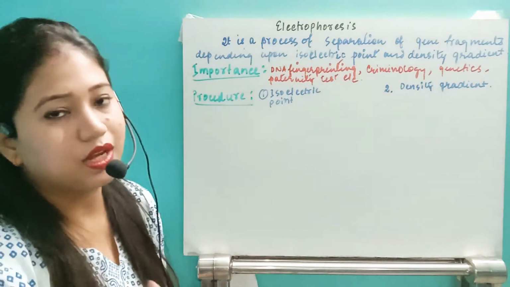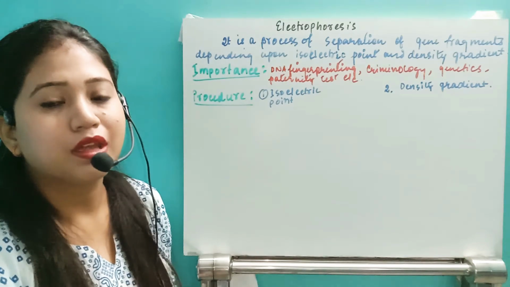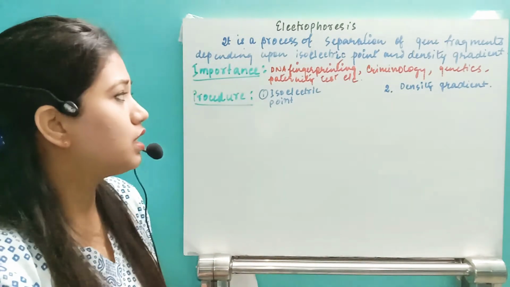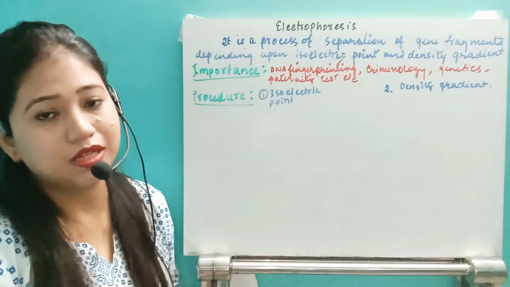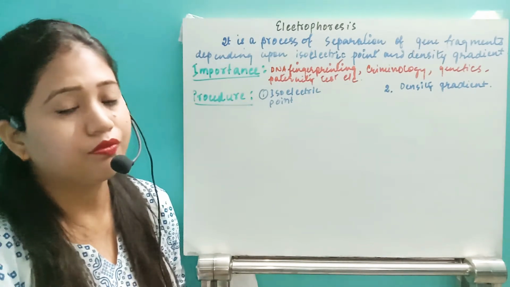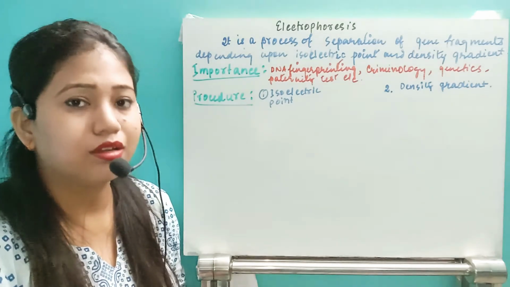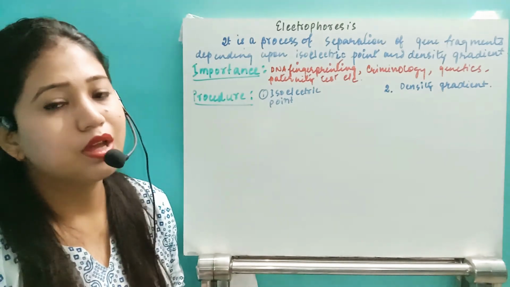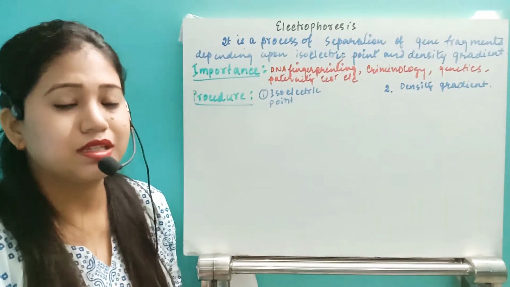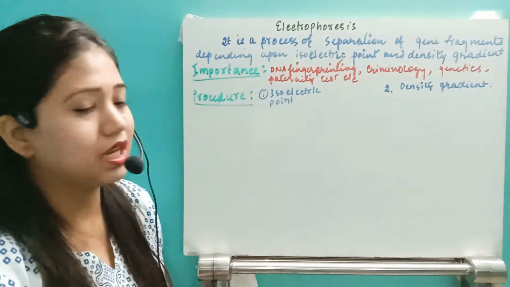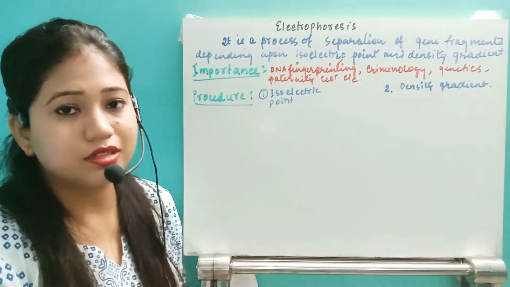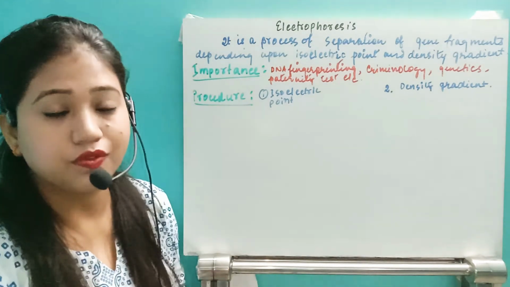Next one, in genetics, whenever it's related to the isolation of the gene fragment, we have to depend on electrophoresis. Then also for the paternity test, that means whether the child is biological or adopted, we are able to get a clear test by which we can find out the biological child or the adopted child. Their gene fragments are going to be different. That actually comes under DNA fingerprinting. You will get that in another chapter, molecular basis of inheritance, but here this electrophoresis process we will see.